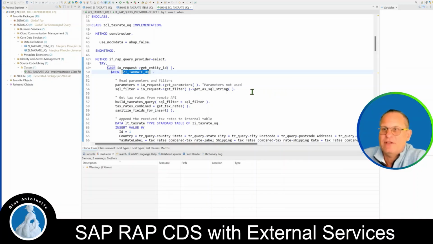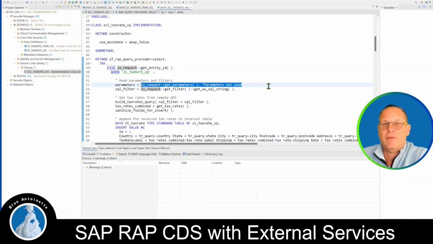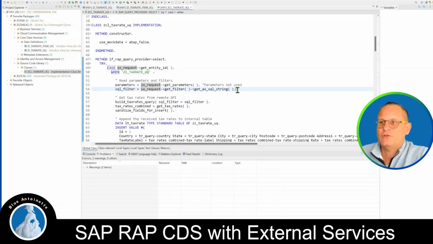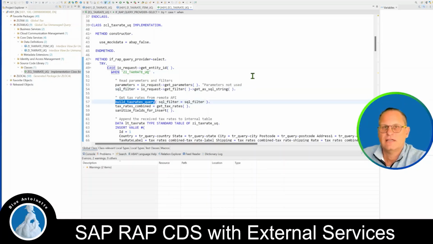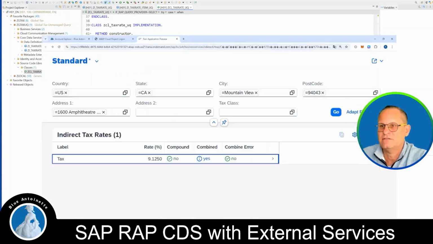If you use parameters, then you have to call this one here, IO request get parameters. However, as mentioned, in my case, I do not use the parameters. Instead, I use filters. Therefore, I have to use this command here, IO request get filters, and I retrieve the filter as SQL string. Then I've developed an internal method that extracts the fields, the filter fields here, these ones here,